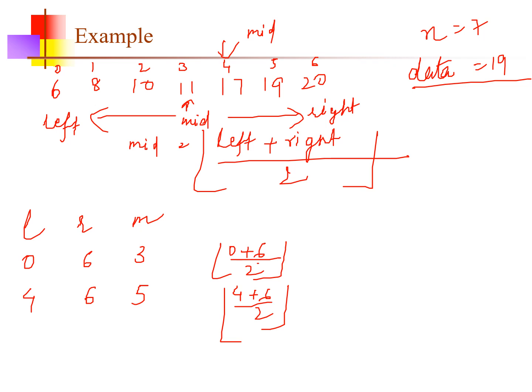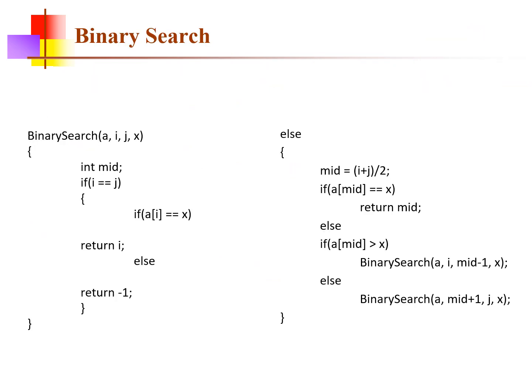Now my left is this one, right is this one, and mid is this one. Now if you see 19, data is equal to a of mid. That means I'm finding my data here. Now I'll return the index, nothing else. If it is again not found, and left equals right and your data is not found, then you will return -1. So if you just want to see the algorithm part, you can see here